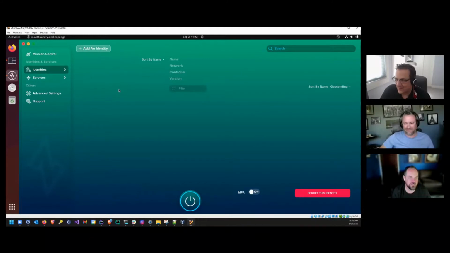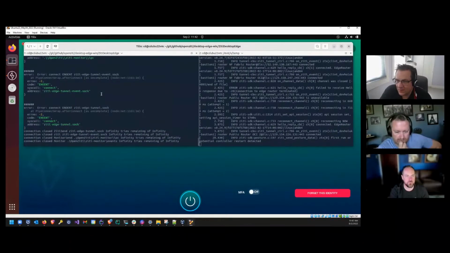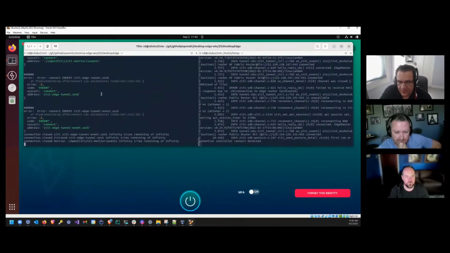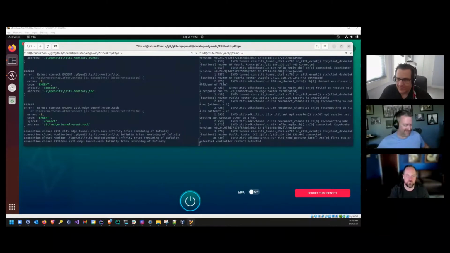Very cool. I did not expect this to work at all, to be honest. So that's pretty cool. Now maybe when we get the JSON matched up and coming over, it should all fill in exactly the same, which is what I like about Electron. So it looks like it is trying to connect over and over again, and we need to figure out what the actual IPC is that is exposed out of the ZDE Edge tunnel for Linux. Right. And I don't think we should do that on this call because there's probably going to be a whole lot of sausage involved in that one. Yeah. All right. Well, maybe in a few weeks we'll come back with one that works. Yeah, that'd be really cool.